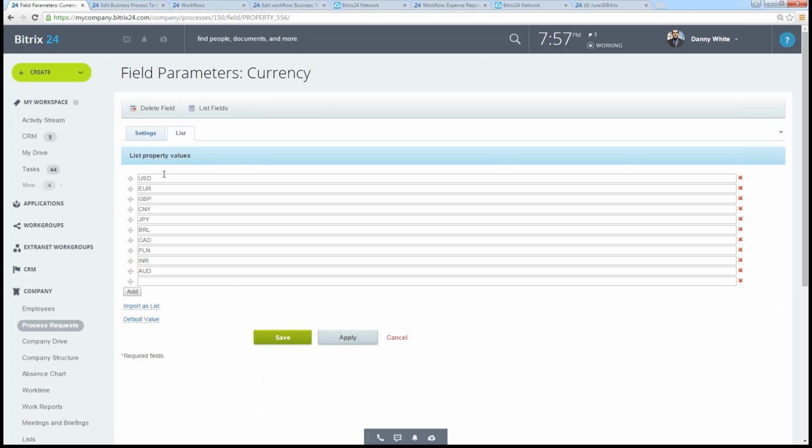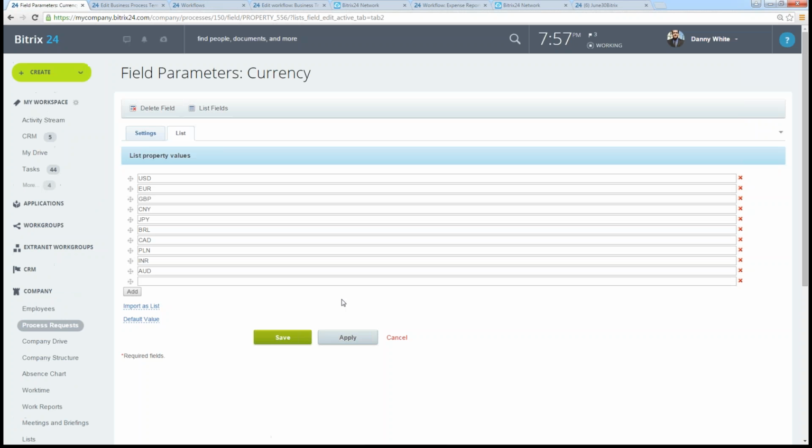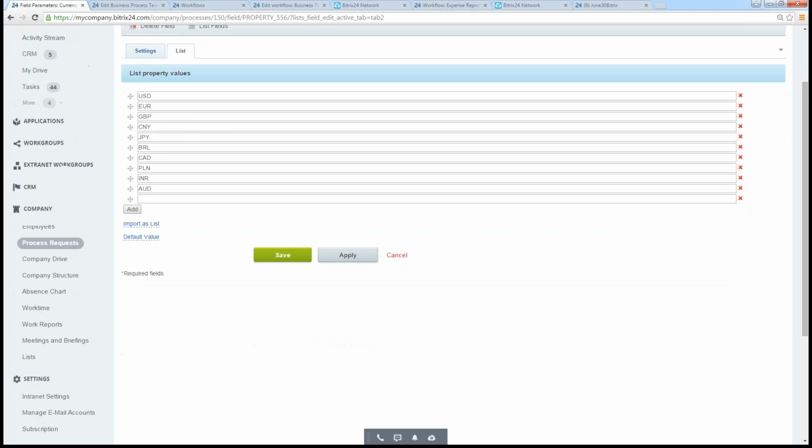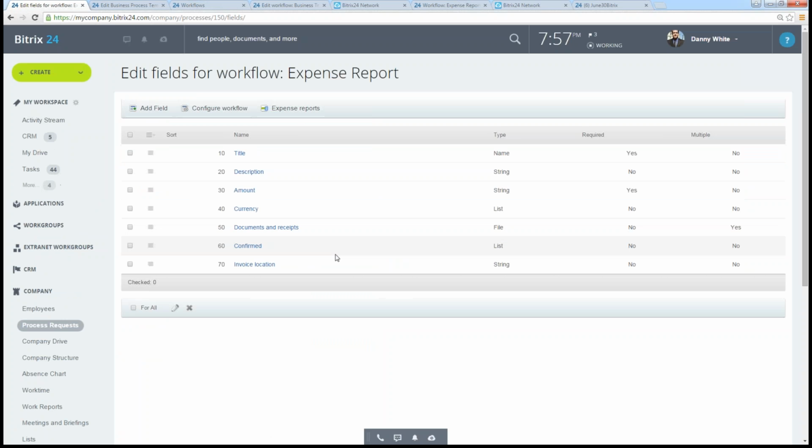That's fine. But I'm going to go ahead and put USD as the default currency. So I apply that, and then I apply that. And so that way, if people are working in USD, they won't have to